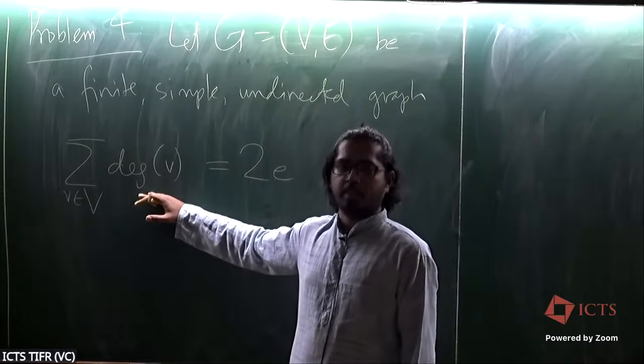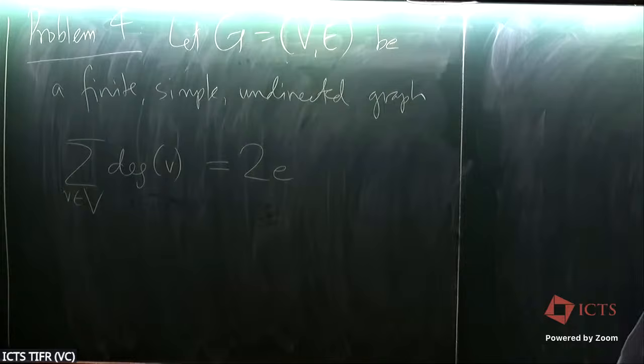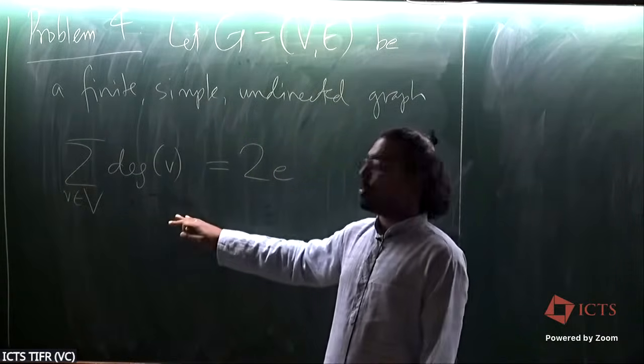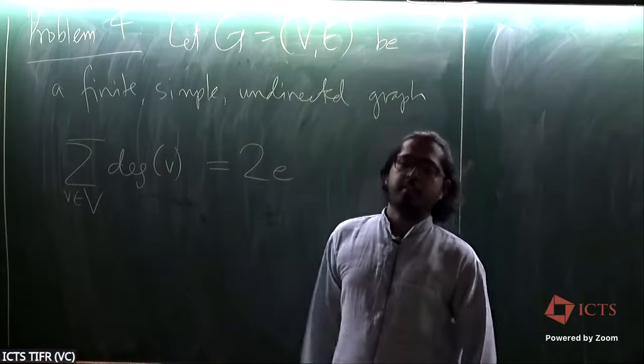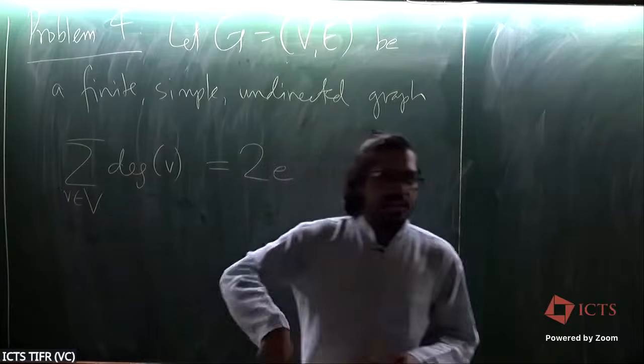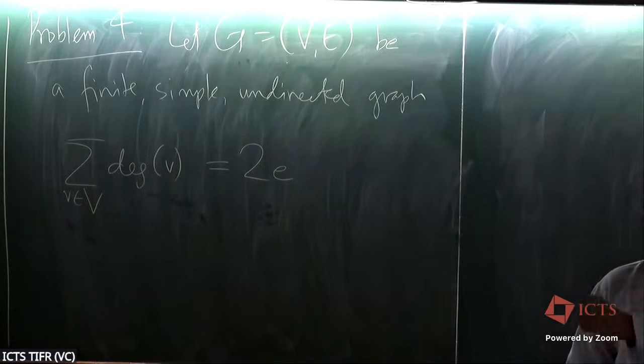where earlier we were giving a combinatorial interpretation to these binomial coefficients. Now you have said that this degree of V, whatever this number is, actually it's the count of something. It's the count of the number of edges incident at V. So when I'm summing all the degrees, I'm counting how many edges are there at each vertex, and I'm doing it over every vertex. Okay, so that's the left-hand side count.